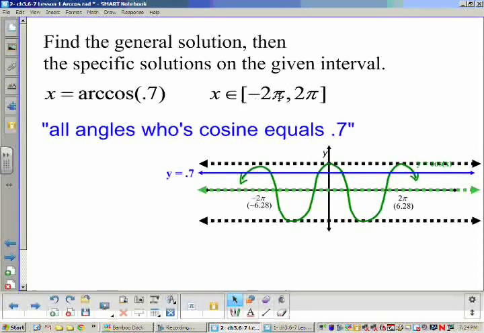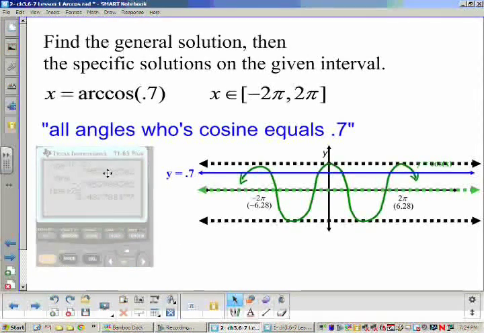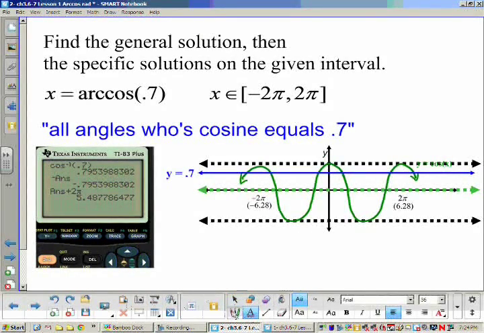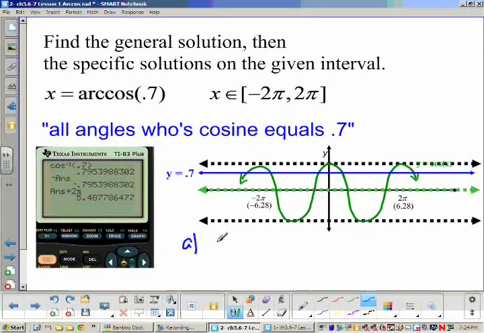All right, when we look at our graph here, we want the general solution, and we want the values between negative 2 pi and positive 2 pi. We've got that labeled. You might want to start getting familiar with what pi and 2 pi equal as a decimal, because values when we calculate are going to be kind of weird looking. So we plug it in the calculator. The inverse cos is 0.795 roughly radians. So we could say our answer then for A is x equals plus and minus 0.795